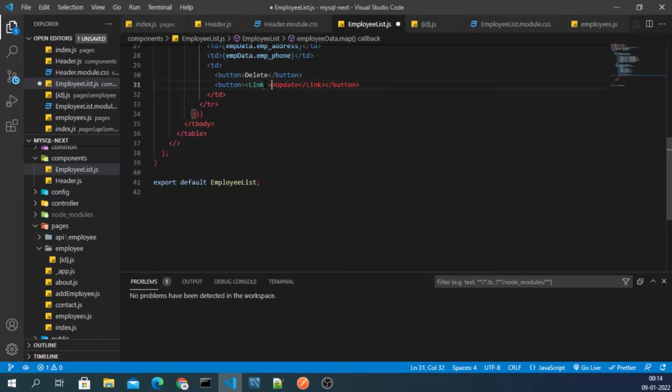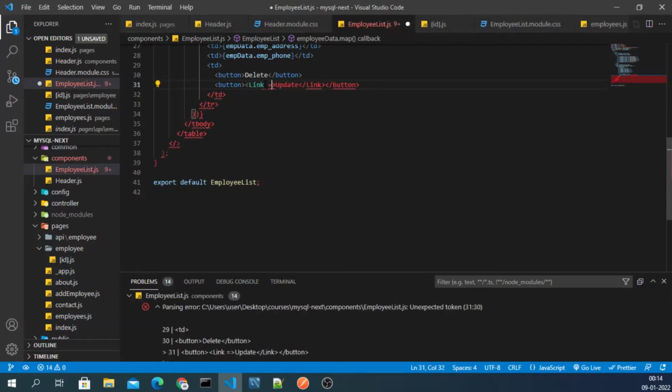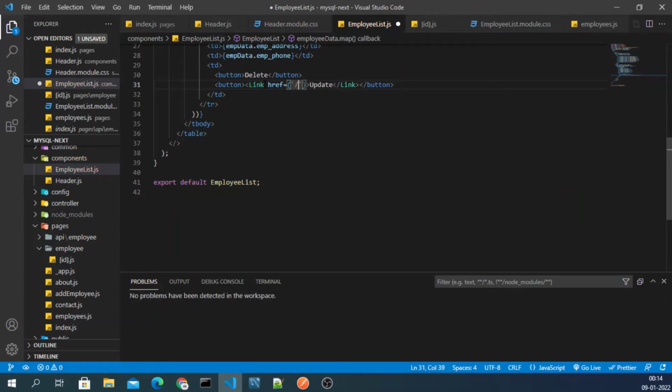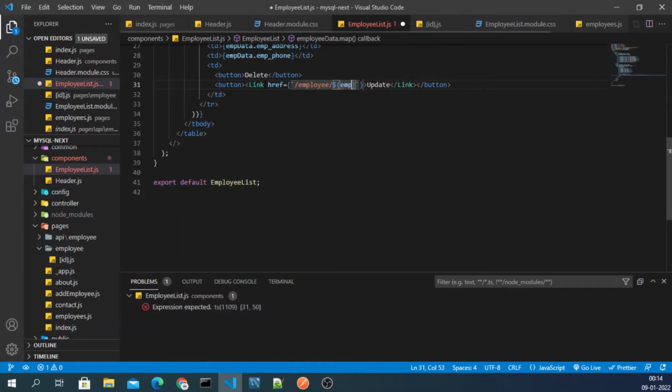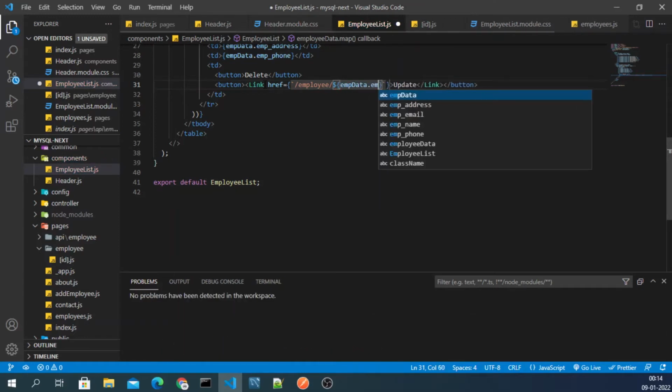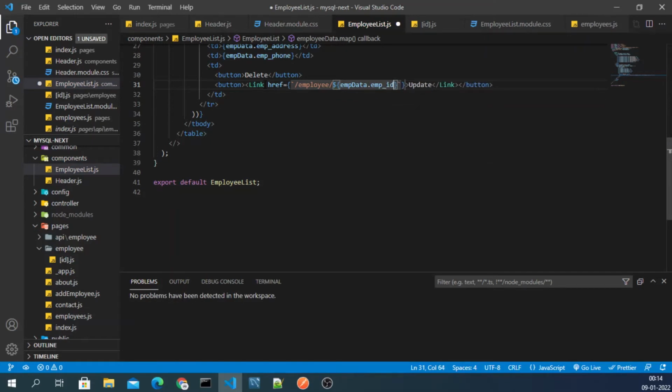When we click on update, we should go to slash employee. You can see the path, guys. And then we have to pass the id, and we can get the id from employee data dot emp id, right?